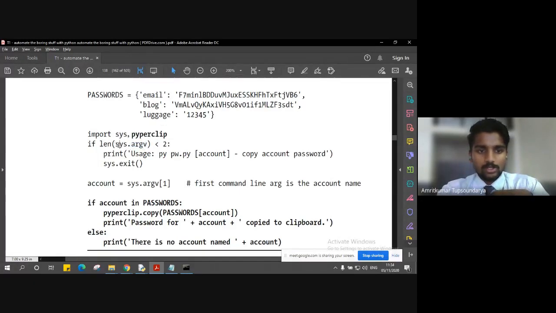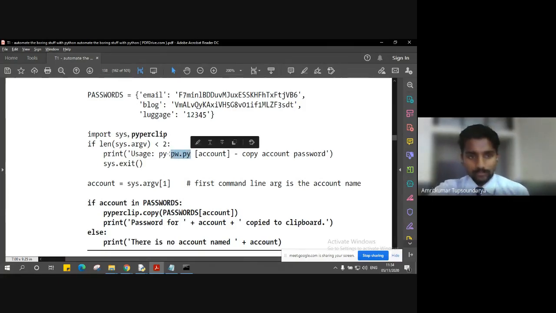So sys.argv will check whether we have a sufficient number of arguments, which in our case is a minimum of two arguments. One is the name of the file which we are going to execute, which is pw.py, and the second argument is the account itself, let's say email. So a minimum of two arguments has to be given in order to execute this program.